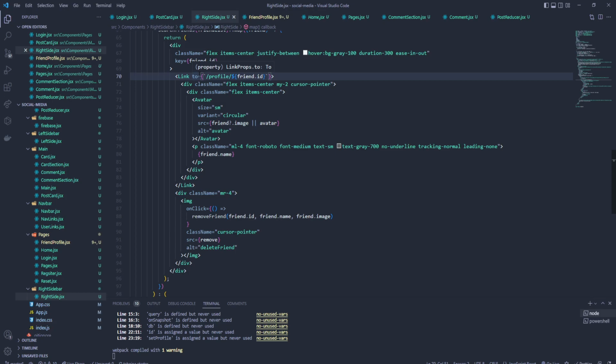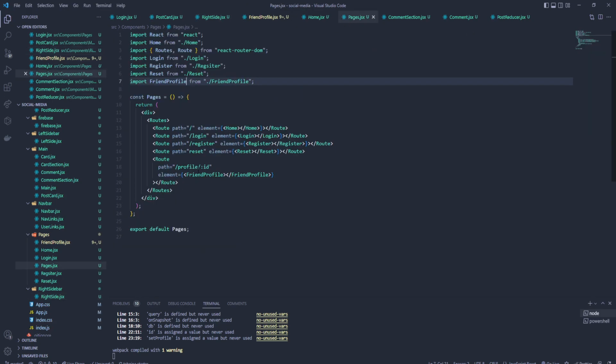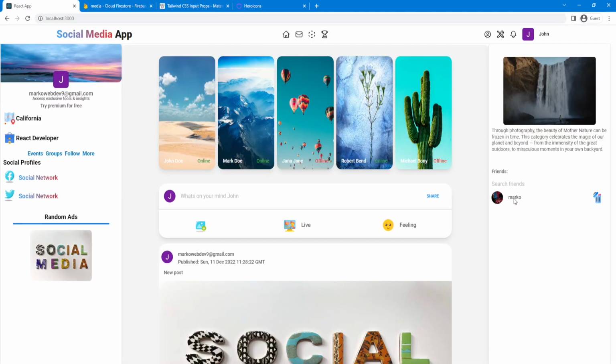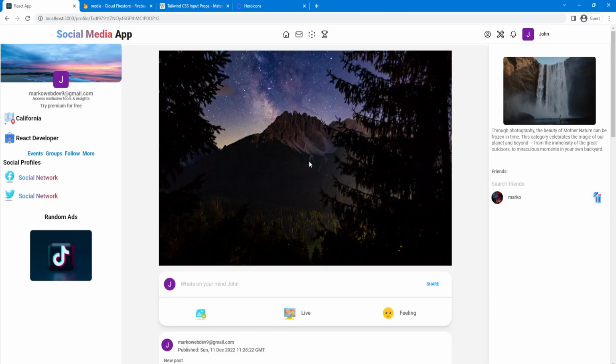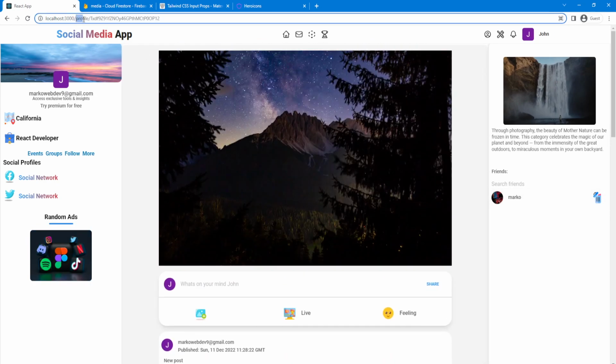Okay, when that is done, and if we manage to get everything okay, we can go and check. Let me just see if I go to the pages. Okay, let me check, and let's go to our application, and over here we can refresh, and if we click on Marco, okay, we are getting his profile, but we are not getting that image and